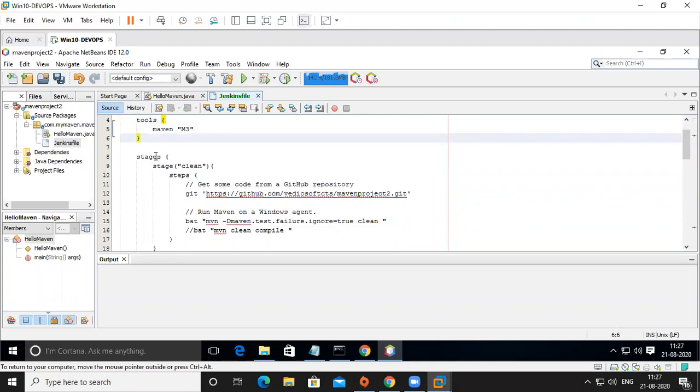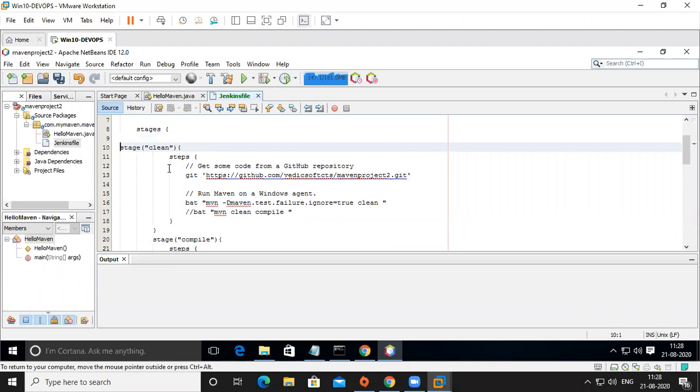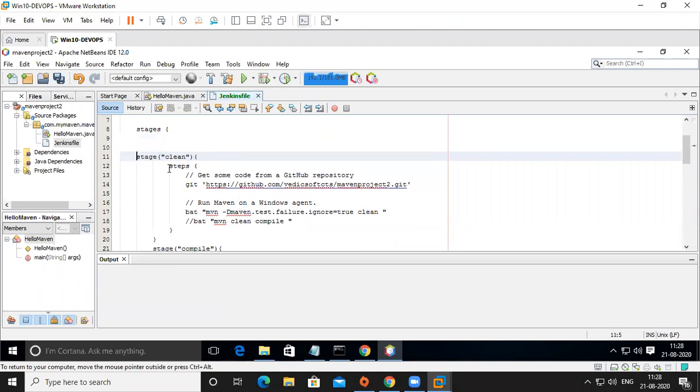And next is the stages. What stage? It's a Jenkins project, so first of all, I took a GitHub. Okay, so like this, or otherwise, I will write one more stage. Okay, so stage.